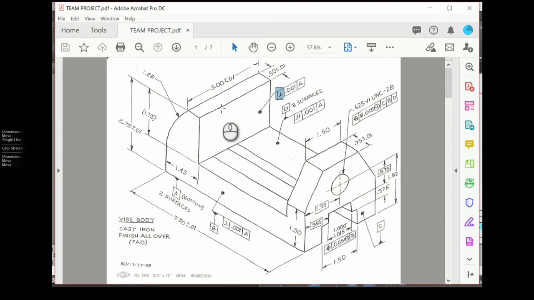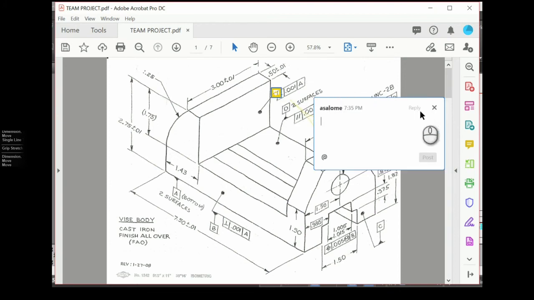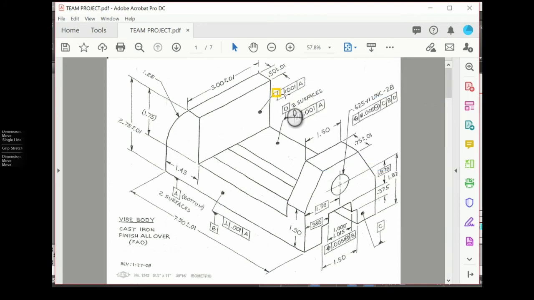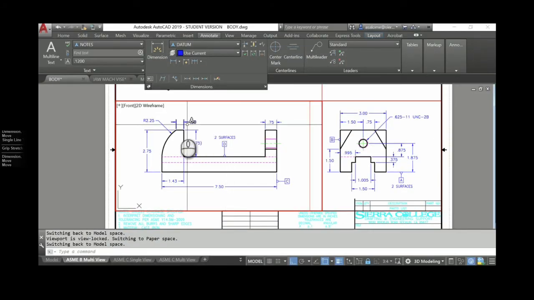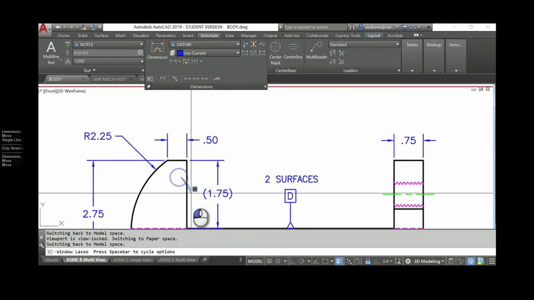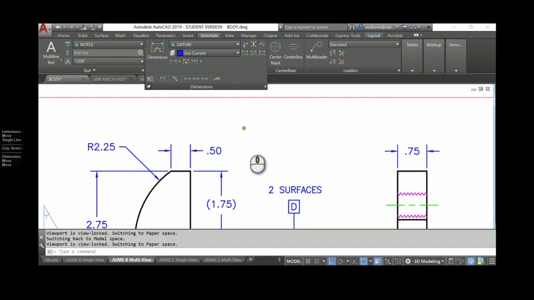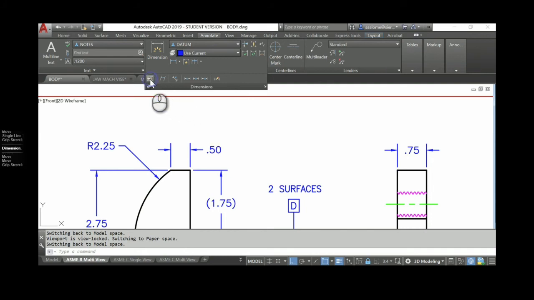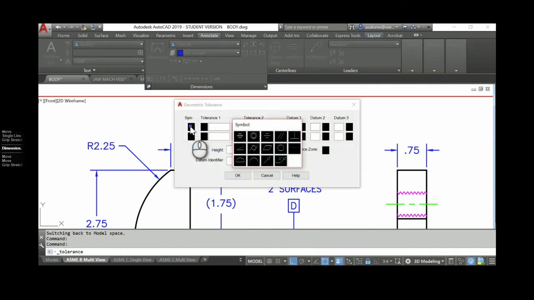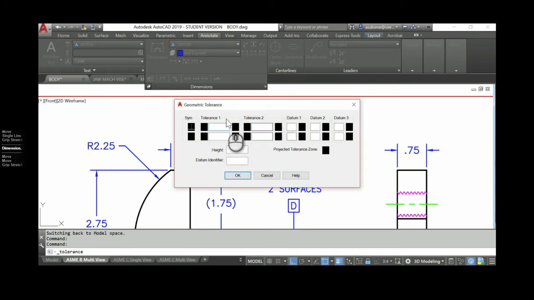Okay, we're going to begin with this surface. Where does this surface appear as an edge? It only appears as an edge in the front view, and it is perpendicular to surface A within 0.001. So here we go into our front view. This is the surface we're talking about right here. And so the first thing I'm going to do is build a feature control frame. I'm going to go to symbol, perpendicular, 0.001 to datum A. Is that right?